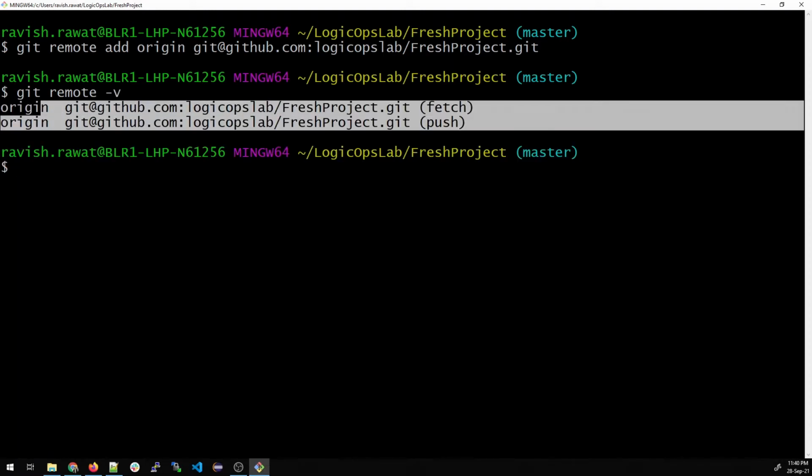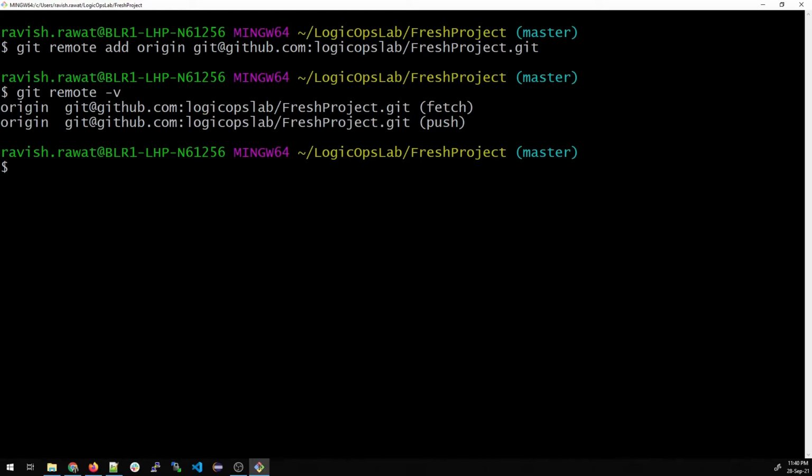If this is the result, then I think everything is working fine. You can see origin is associated with the remote repository. This is our remote reference, and origin is just a convention that we use for the main repository that we will link up to on the remote side. We can have more repositories, you can create many branches, but generally origin is our first one.